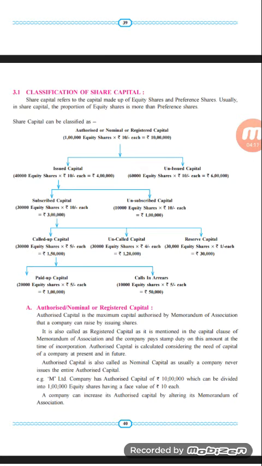Here the company can raise 1 lakh equity shares during its lifetime, but the company cannot exercise its power of issuing the entire 1 lakh equity shares at one time. So as the need arises, as the demand for capital in the company arises, the company will issue that much amount of equity shares in the market and accordingly raise the finance. That is called issued capital. So out of that 1 lakh equity shares, the company has issued only 40,000 equity shares.